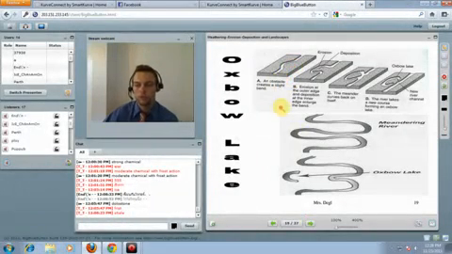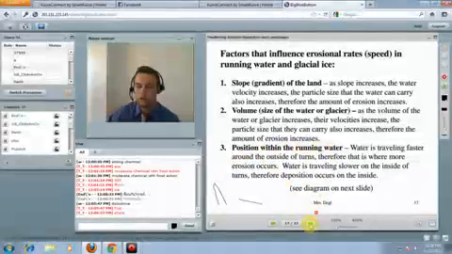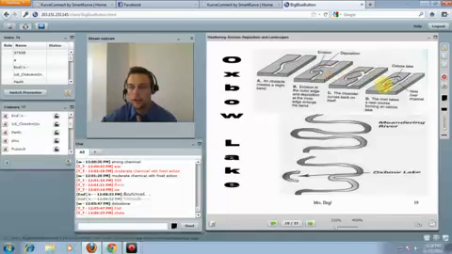Okay, so don't think about the Oxbow Lake thing yet, but basically what we're talking about over here is position within the running water. This is a really great diagram. As the water flows down this river, so you can think about this,